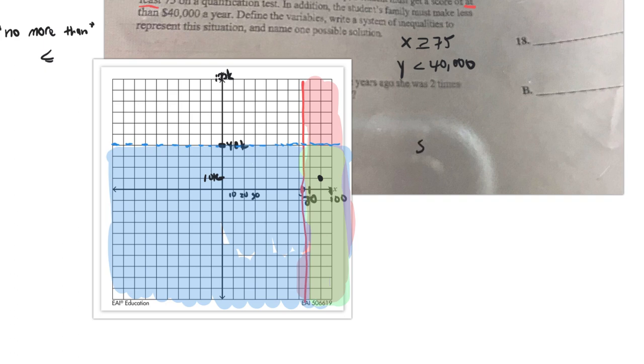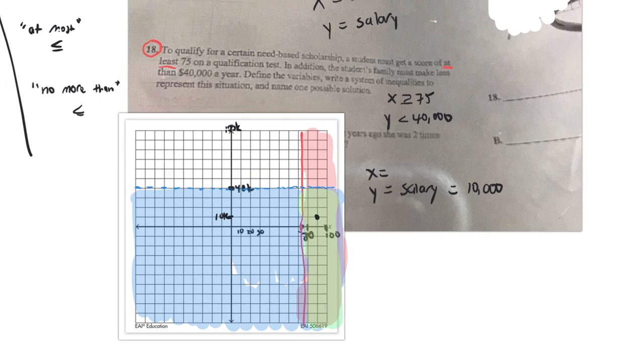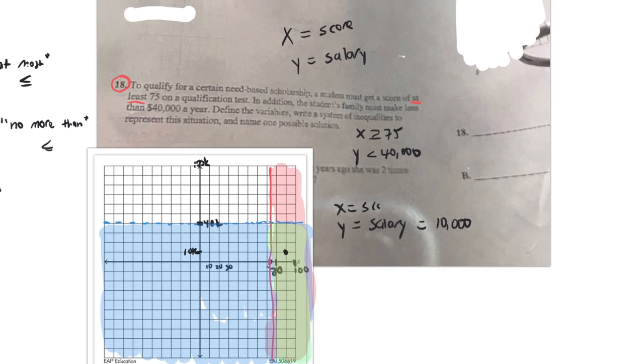So Y equals salary, and in this case, one possible solution would be 10,000 as a possible salary, and then the X, which we already said is equal to the potential score that you could earn. In this case, according to this point, that score is 90. So that's one possible solution to this particular system of